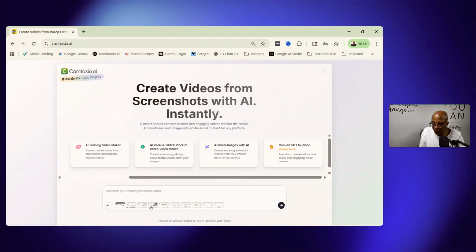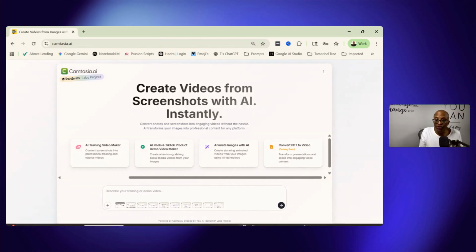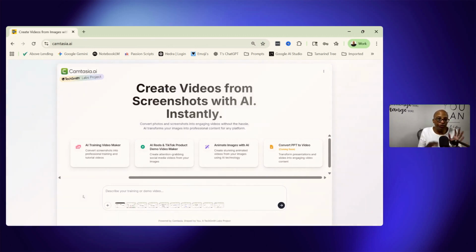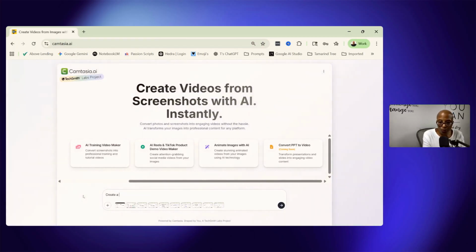1, 2, 3, 4, 5, 6, 7, 8, 9, 10. Okay, so they're all there. Then all it requires you to do is to just describe your training or your demo video. So in this particular instance, it's actually yet again another feature on a new tool that I love using called Notebook LM. So I'm going to just say create a walk through video